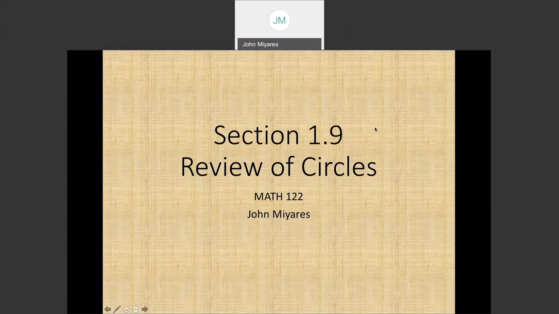Now, there is a notes packet on D2L which corresponds to these slides. One thing you wish to consider is taking notes from these slides in that notes packet as if you were following the presentation in a live face-to-face setting. Of course, if that doesn't work for your learning style, you can always review this video later if you have questions, or you can look at the slides by themselves, which will be posted in the Week 1 folder in